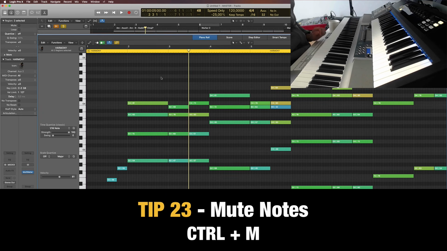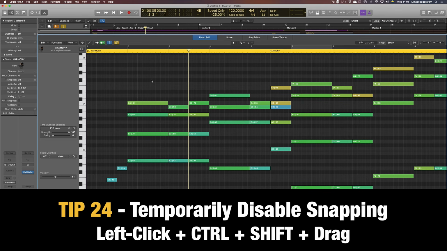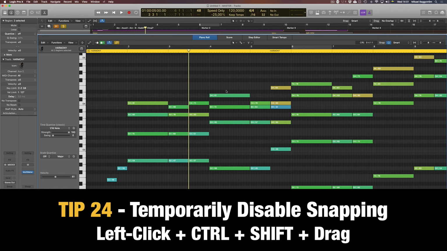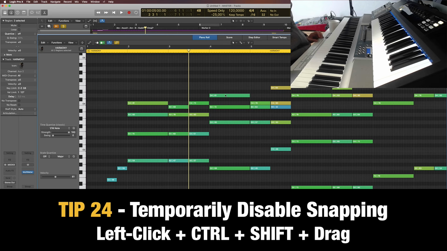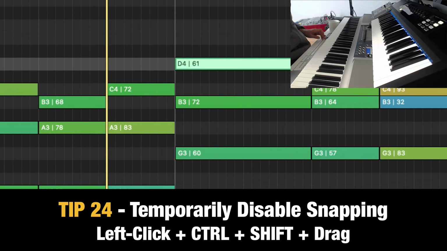Tip 23, mute notes. You can actually mute individual notes or several notes by simply selecting and then Control M to mute that, mute that, mute that, and so on, temporarily, or leave it if you want to. Then tip 24 is temporarily disable snapping. I often have snapping on, snap to grid, which means that Logic will snap to the grid, as you can see. But if you left click and then hold down Control and Shift, now I can drag without it snapping,